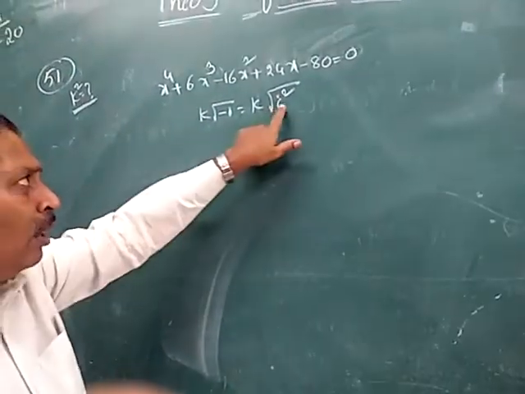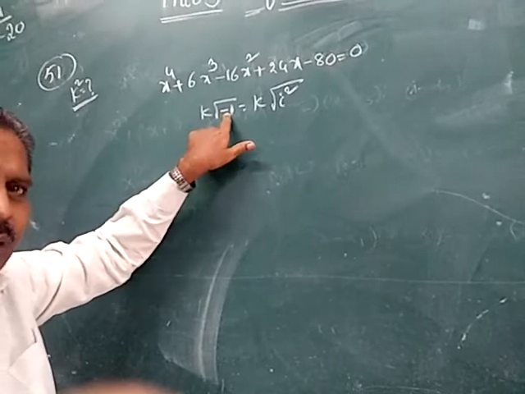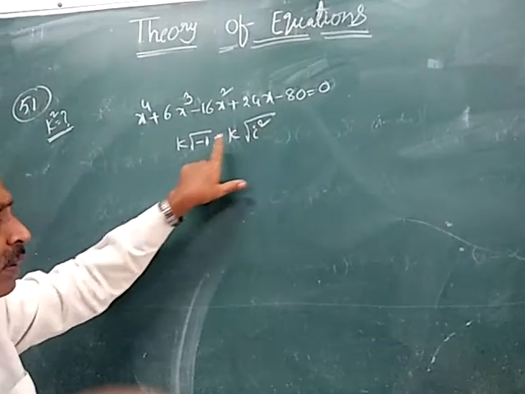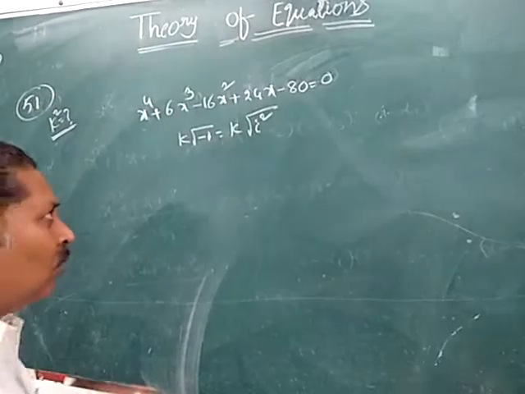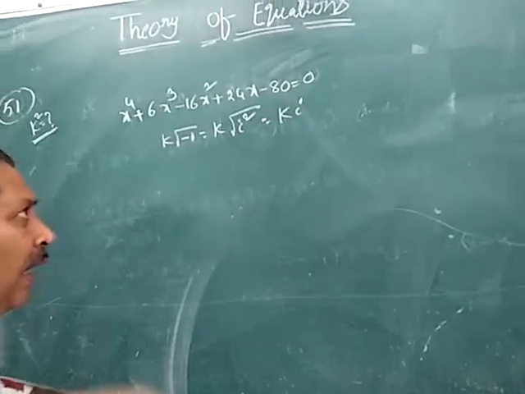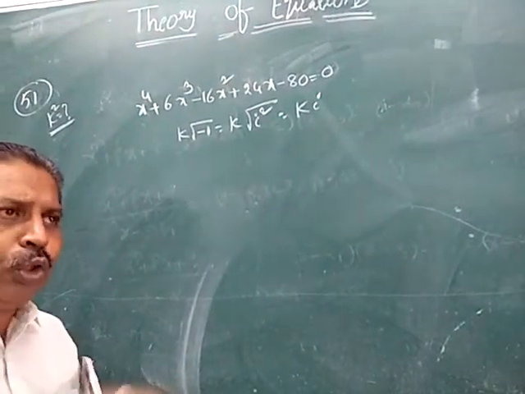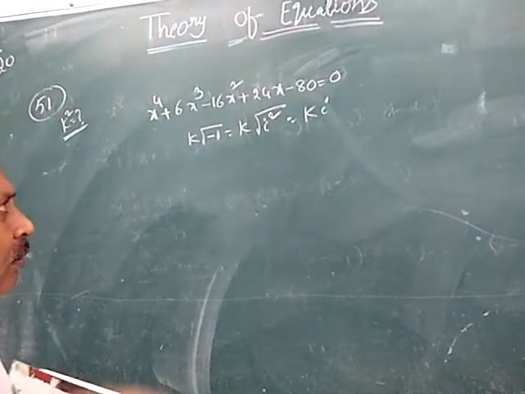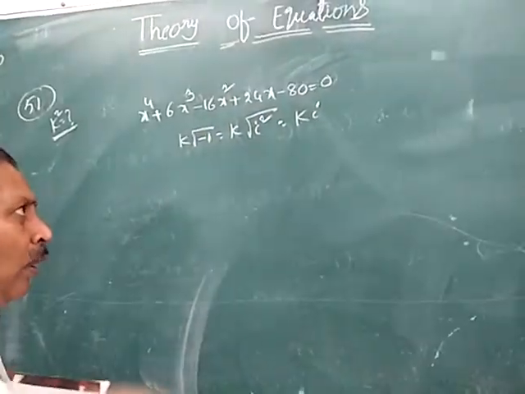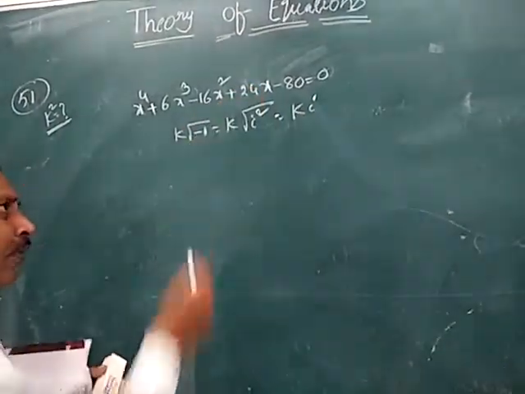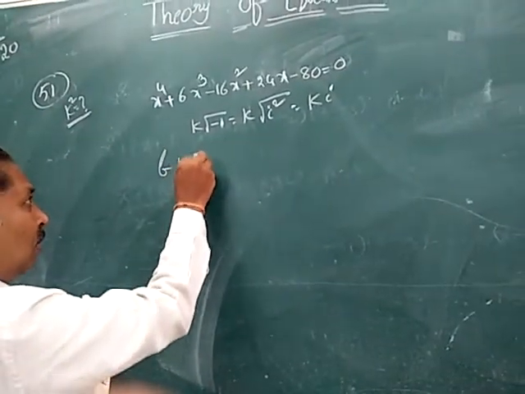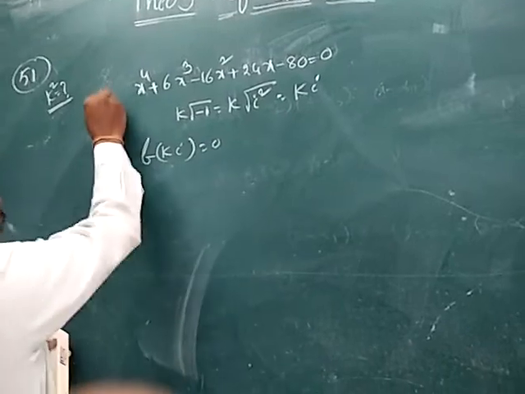I square value is always minus 1. This is a fixed value. i square equals minus 1. So this is equal to plus or minus ki. Take any one of those two, ki. So ki is a root. So it must satisfy the given equation. So f of ki equals 0.